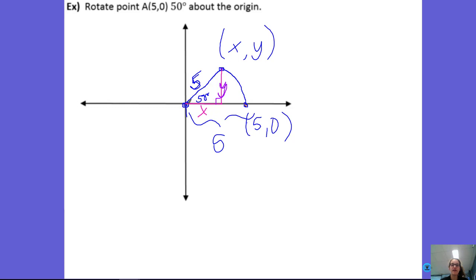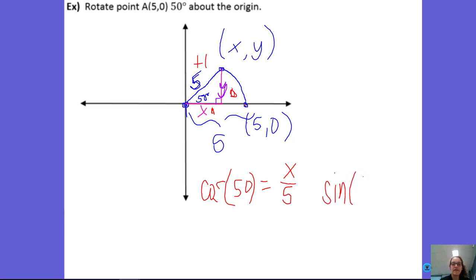So I have this right triangle right here, and I can use SOHCAHTOA. So I have my adjacent side, my opposite side, and I have my hypotenuse. So I can use cosine to find x. So cosine of 50 is equal to x over 5, and sine of 50 is going to be equal to y over 5. And so I can multiply both sides by 5. Calculator, make sure you're in degree mode. Cosine of 50 times 5 is going to be